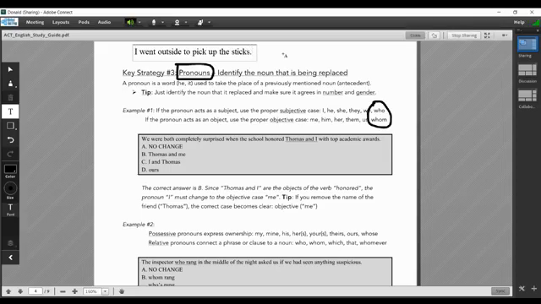So in our first sentence, what we're picking up are the sticks. In the second sentence, we run into a problem. Because we were saying we went outside to pick up sticks, but then in this sentence, we say it, but sticks is plural, it is singular. So that's a problem. What I have to do is make sure my pronoun agrees with my previous noun. So in this case, I'd have to cross out it and probably change it to I threw them away,